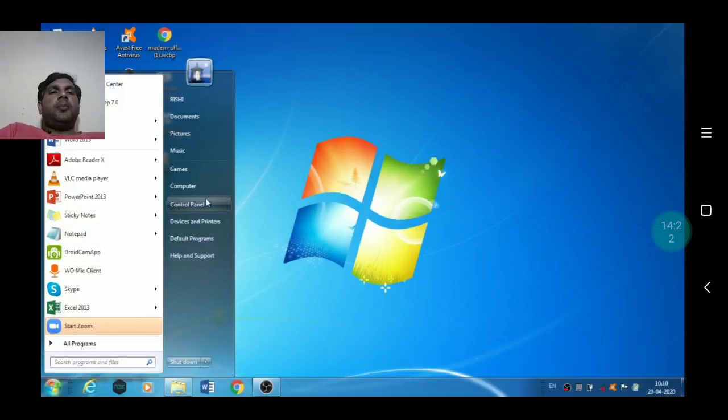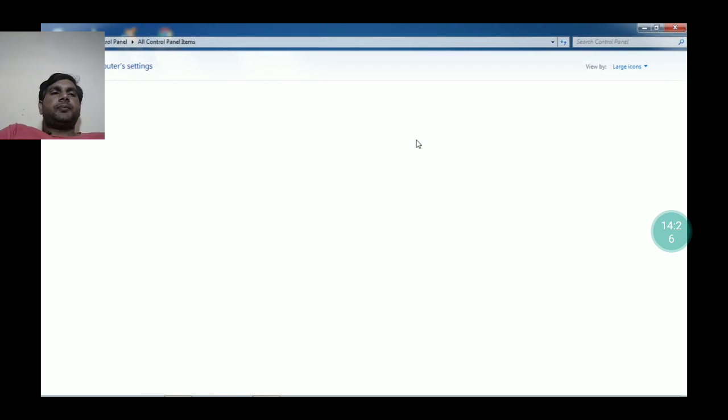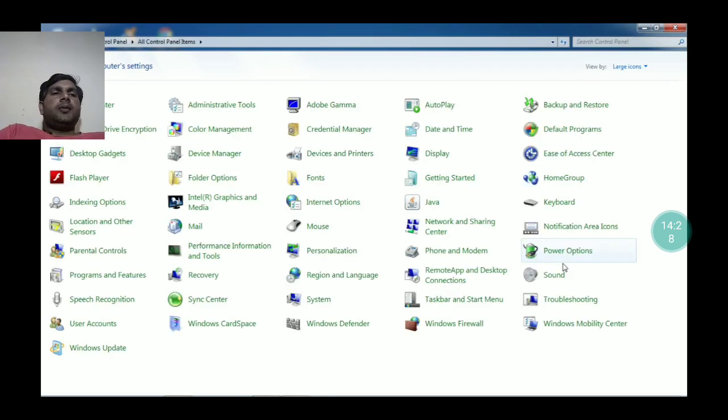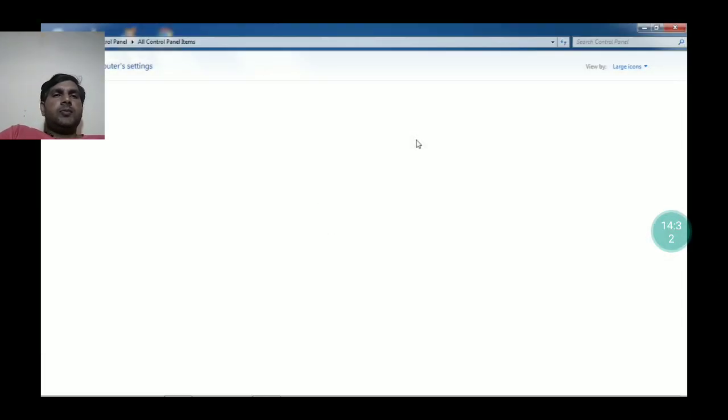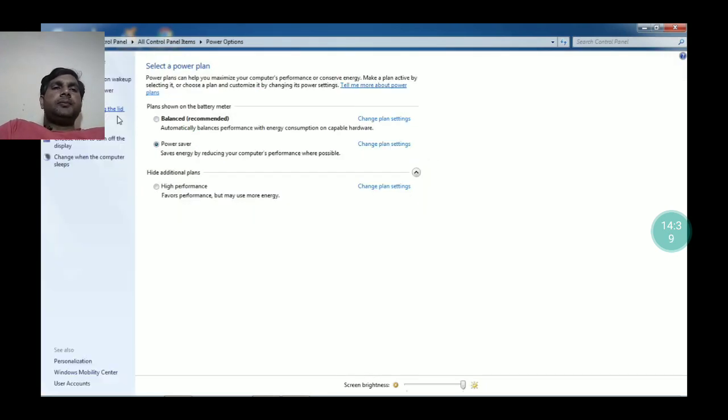To use hibernation, first go to control panel and power options. Go to control panel, power options, and then click on change plan settings, power saver.